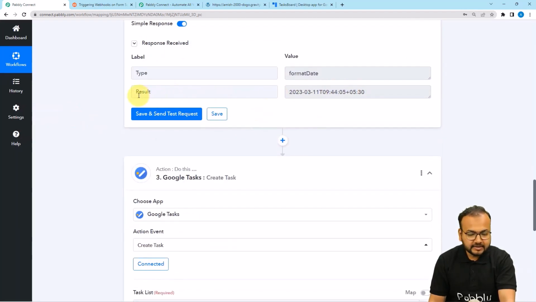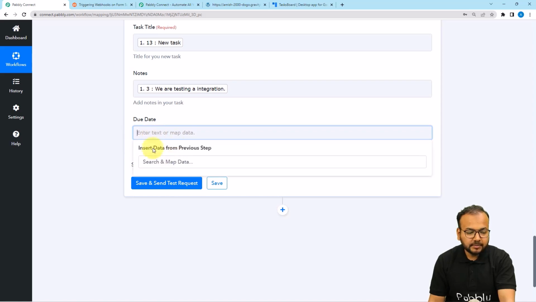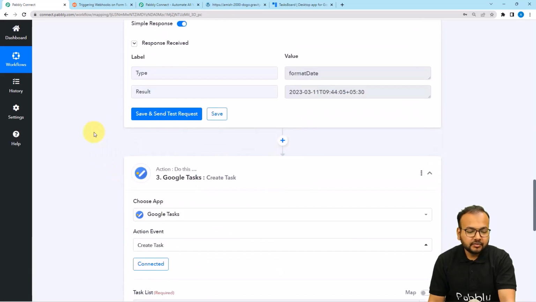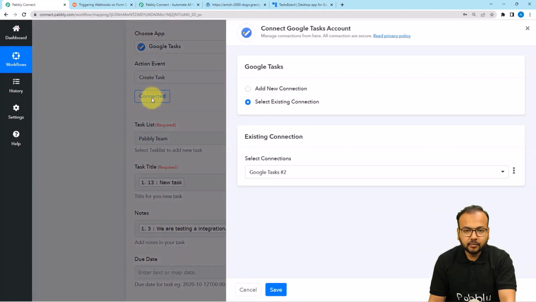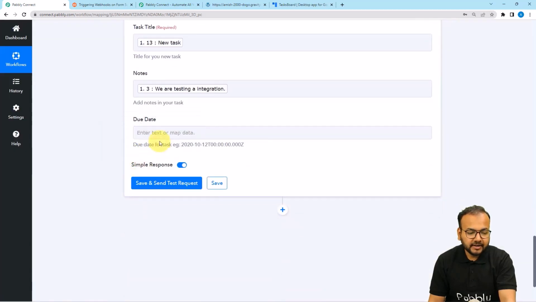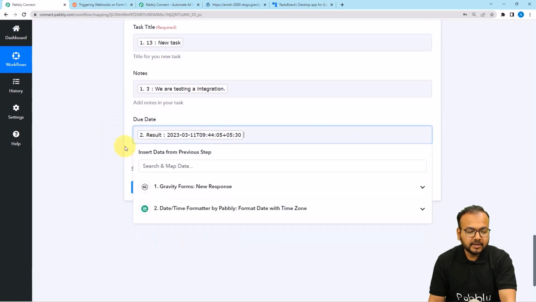Now we can map this result label here in this due date field. And now when you click here, you can see the previous steps are not appearing because we have added one more step in between the steps. So we need to refresh this connection with Google Tasks. So just click on connected one more time. From here, keep the existing connection option selected and then click on save one more time and your connection will be refreshed. Now when you click, you will find the previous steps,